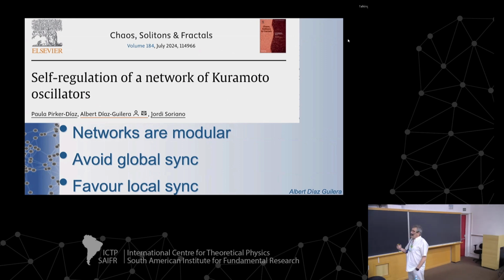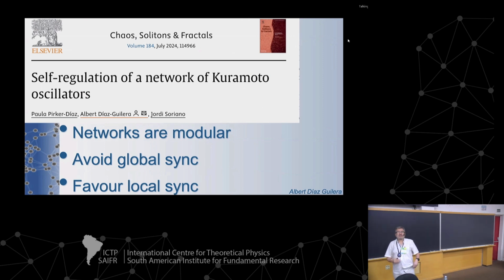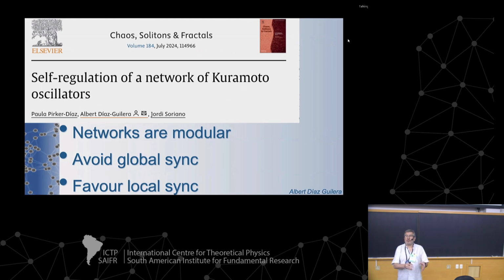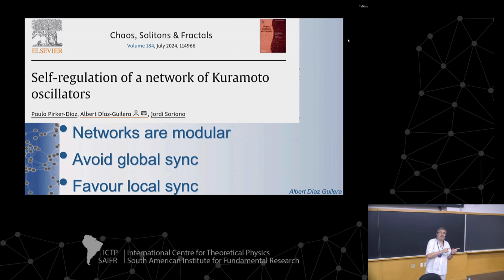Okay, then here, the question that we are posing is, let's try to do something related to brain dynamics, in the sense that, as I was saying before, we are playing with the Kuramoto model and with synchronization, and we say we are going to apply this to the brain. But then we have synchronization. So can we also use the Kuramoto model to show that there can exist something different from synchronization?